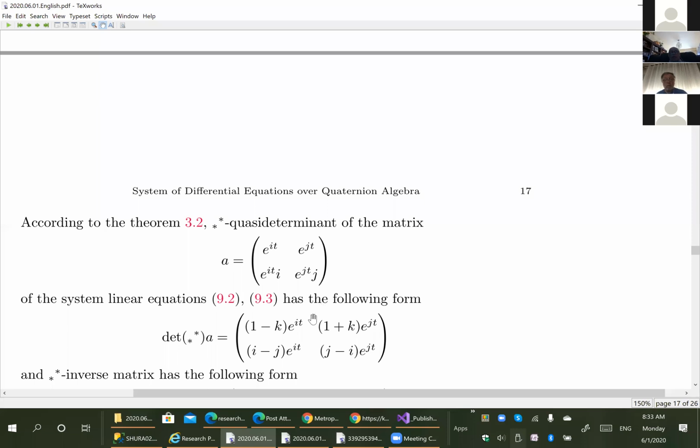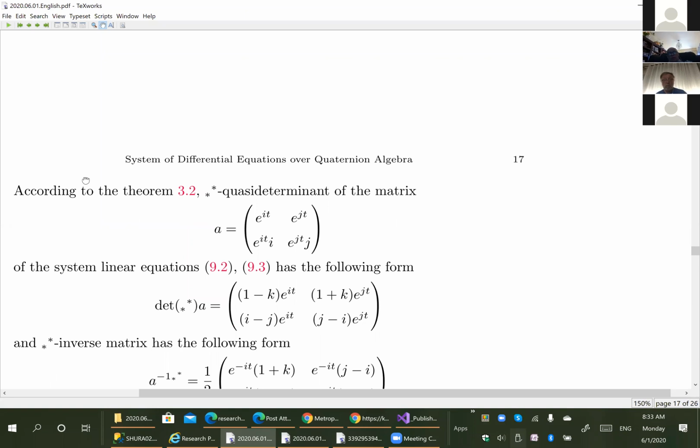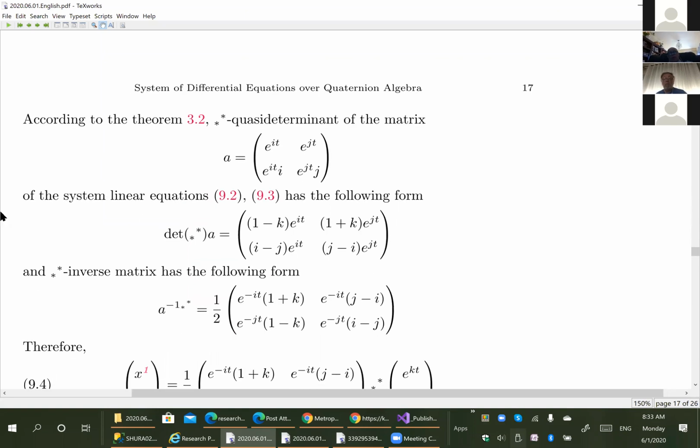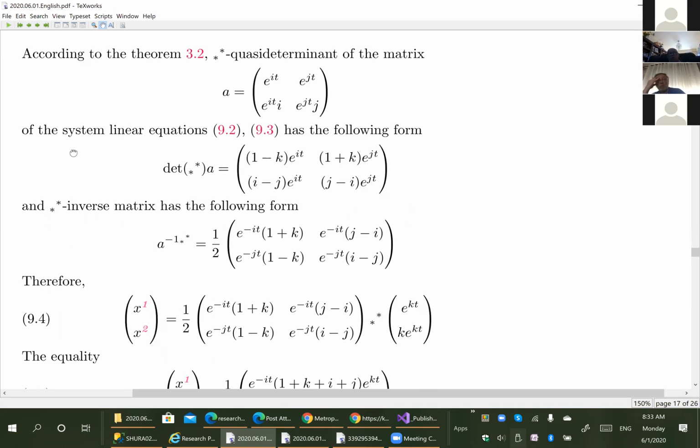The quasi-determinant of the system has the form written here. To get the inverse matrix, I take the transpose and inverse values. Because here it is it, this will be minus it appropriately. So the solution of this system,